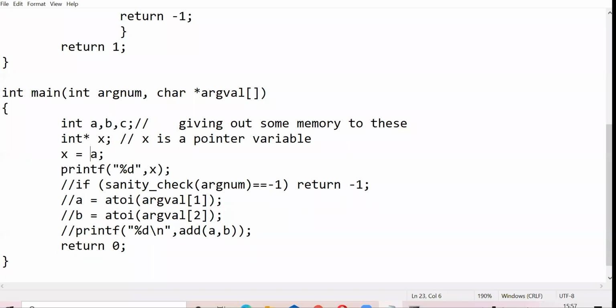Okay, what if I write something like X equals A here? Will it execute? Can one of you just do this and tell me what happens if you execute something like this? Can somebody just tell me?